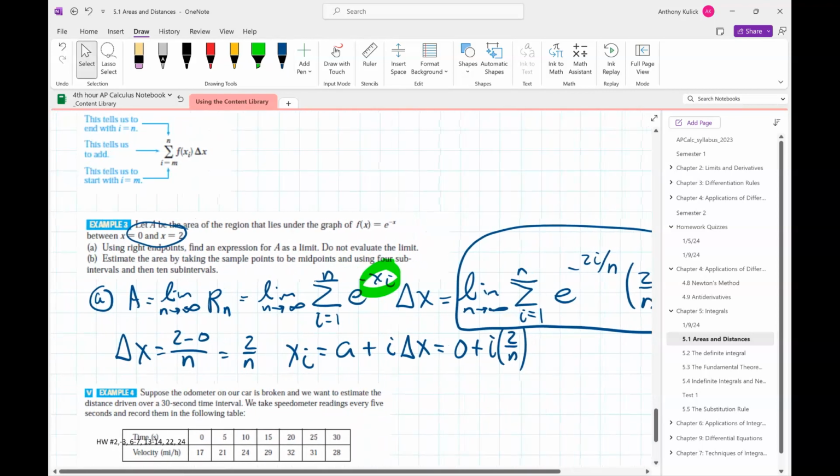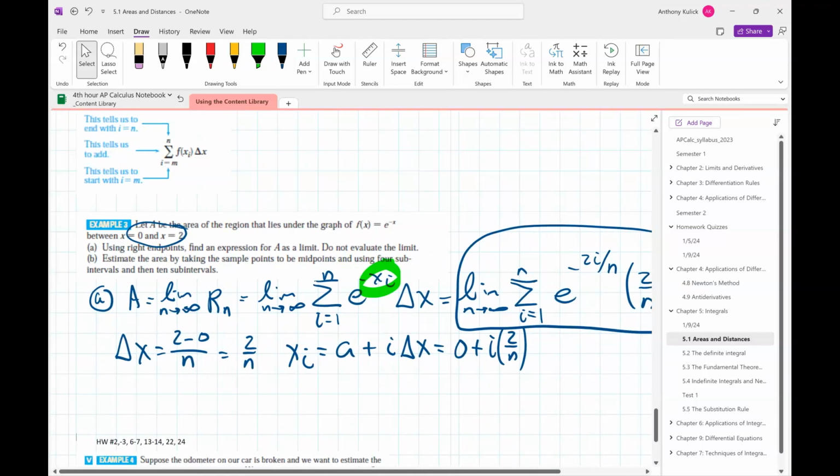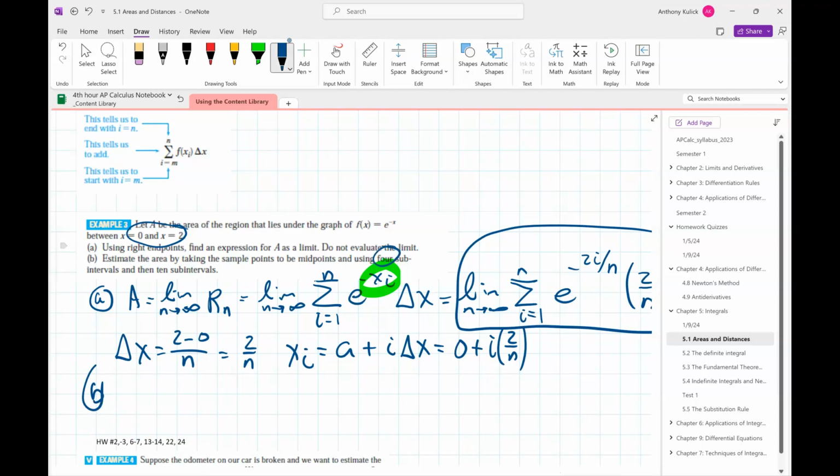And then to do part B, I'm just going to do this for 4 because, well, time, we have 2 minutes. So R4, well, I'm going to have 2 over 4